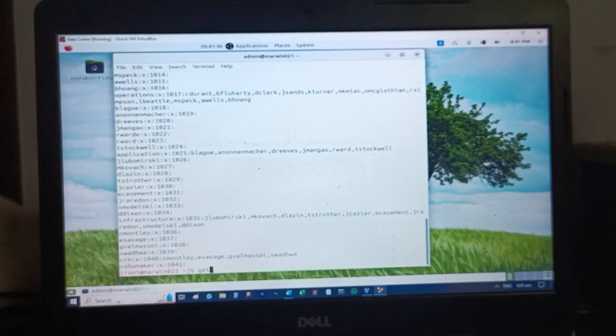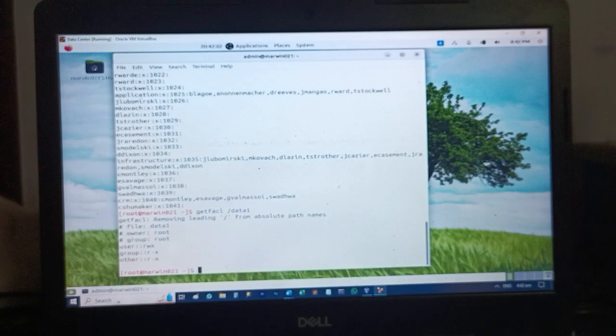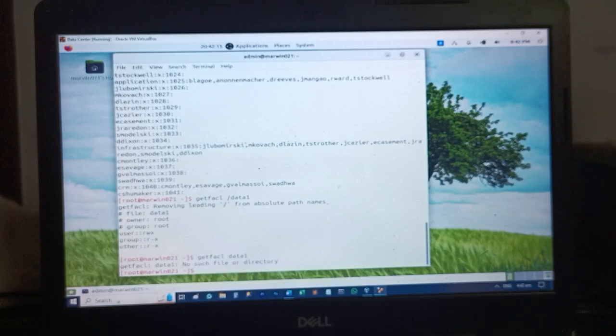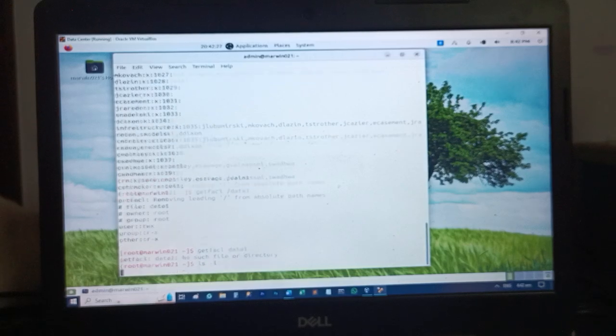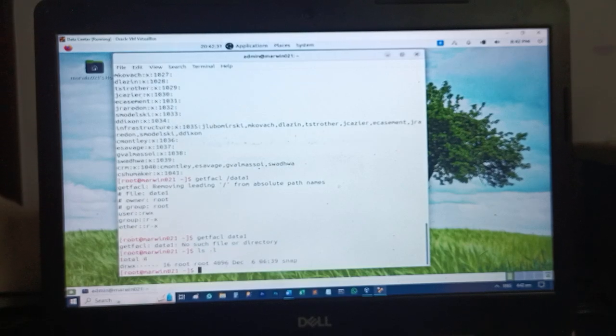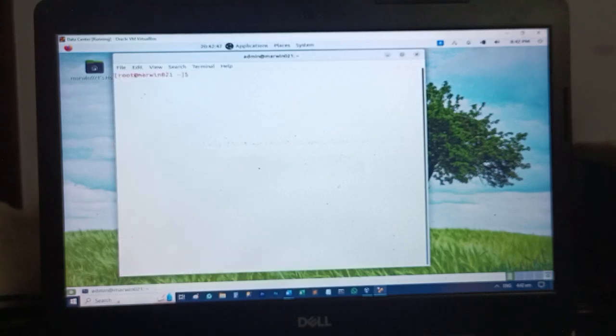Now I will show you the file permissions.